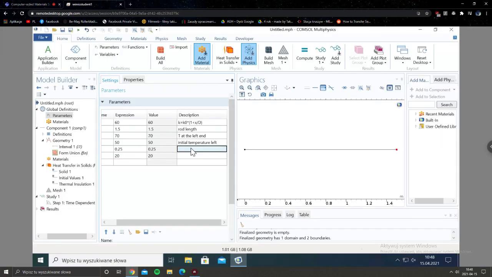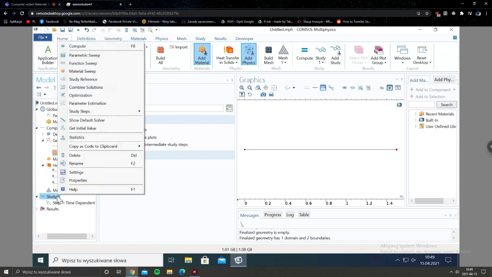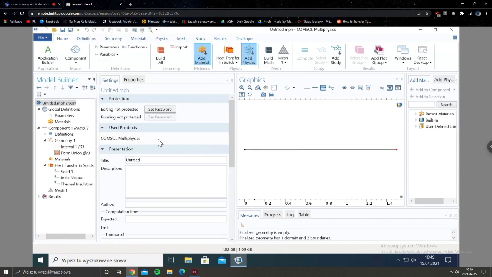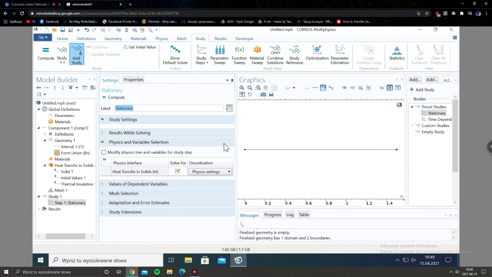You're welcome. All right. But at first, go to study, before we go to. And in the study, you have time dependent. Why? In this project, we are looking for a steady state solution. So click study 1, right click, study 1, not test study, right click and delete. All right, and now go to the menu, study, choose add study, and